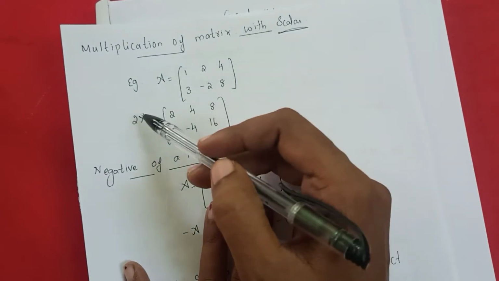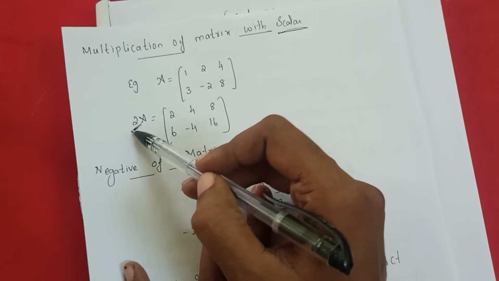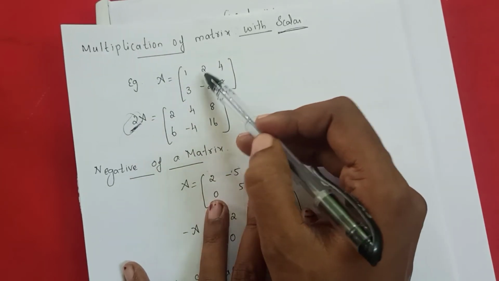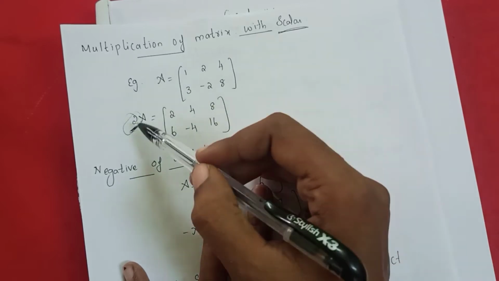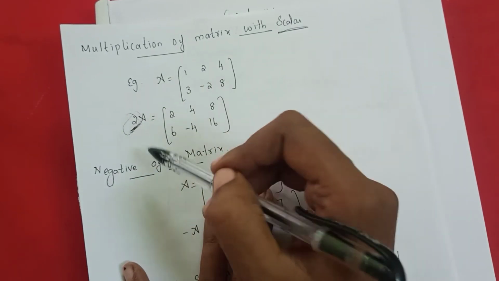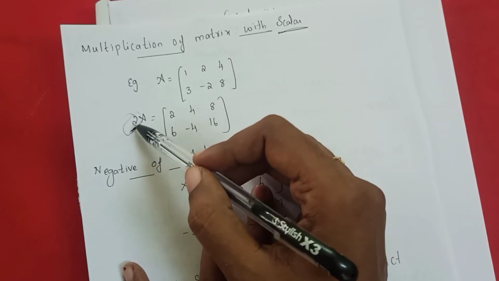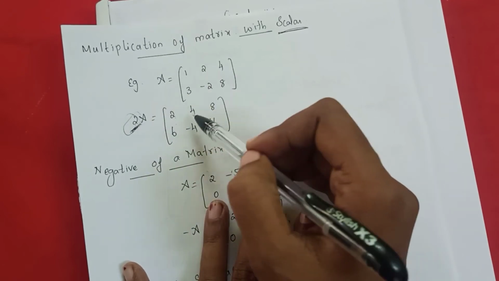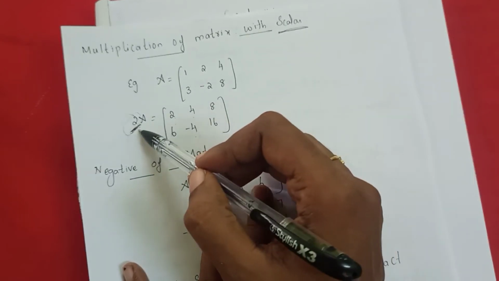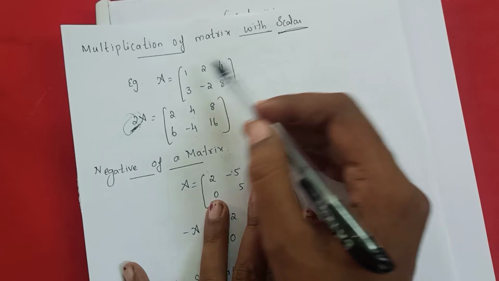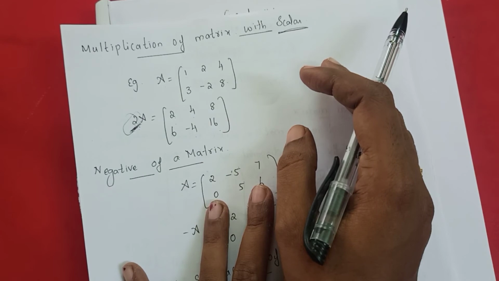So now I have multiplied with one scalar. Here the scalar is 2. Scalar means it's a constant. Now each and every term we need to multiply with that 2. That is multiplication of a matrix with a scalar. So if it is 2A, A is given. If you need to find 2A, what do you need to do? Each and every element you need to multiply with 2. So now see, 2 into 1 is 2. 2 into 2 is 4. 2 into 4 is 8. 2 into 3 is 6. 2 into minus 2 is minus 4. 2 into 8 is 16. So how will you multiply with the scalar? Each and every term you need to multiply by the particular constant. Understand, students? Okay.